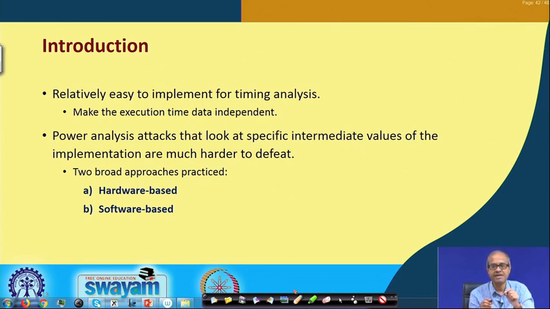particularly differential power analysis attack, we have to have much more sophisticated countermeasures, because even if you make the two branches symmetrical, still differential power analysis attack can identify those peaks if the key guesses are correct. Okay. So, the countermeasures that are proposed for differential power analysis, they are both hardware based and software based. You can do it in both ways. Some of them I am just mentioning here.